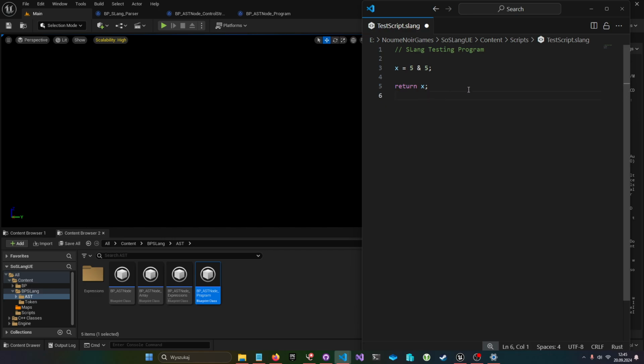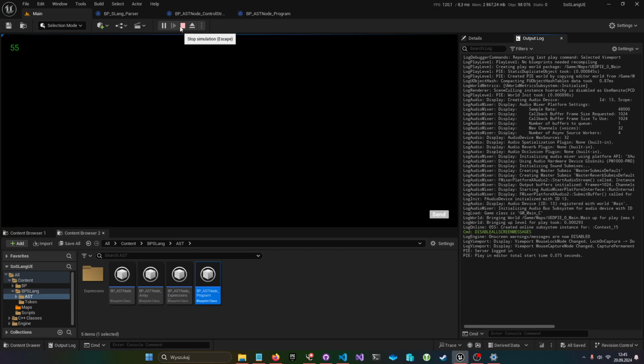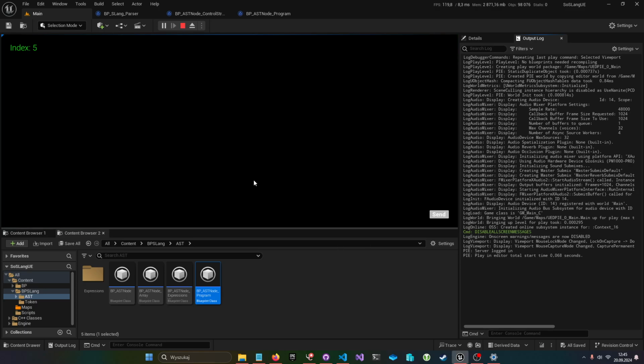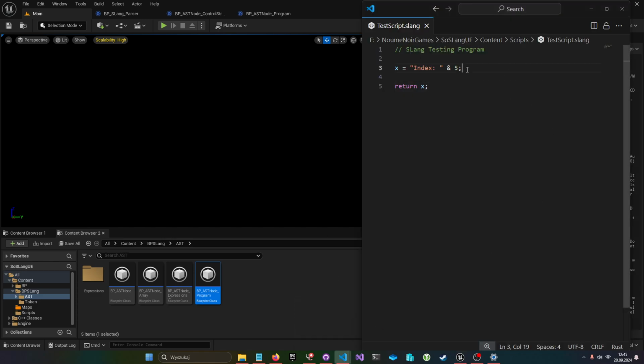And in my language, I decided I don't need that, so I just use this as AND. And what does AND do? Well, it appends. So if we do 5 and 5, then it's 55 because we have 2 5s, obviously. And we can do this between types because at the end, every token in my language is a string. So we could just as well do index and 5 and it will be index5. So this is one of the changes.